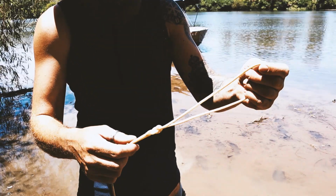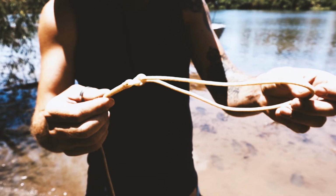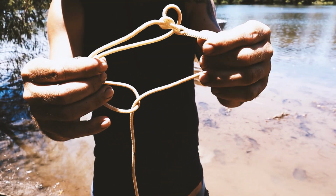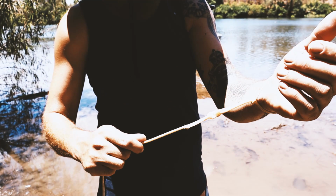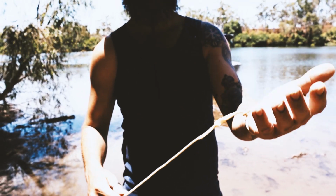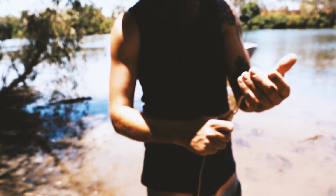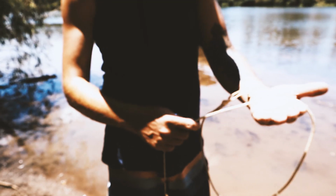So every throw net, or most of them, have a loop that you want to put around your wrist. The way to do that is pull it back on itself like that, put your hand through it, tighten it up. Whatever dominant hand you've got, if you're left-handed, put it on your left hand like me. If you're right-handed, put it on your right hand. And then you want to lay the rope over your hand,